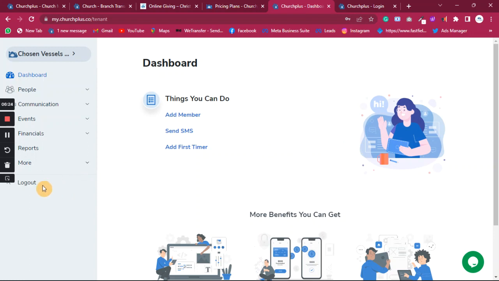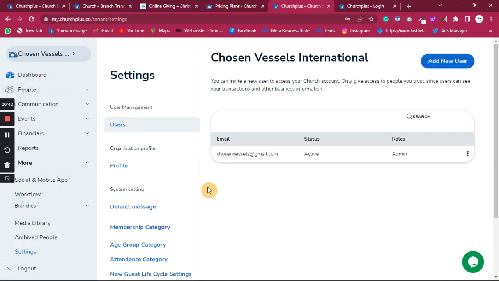So let me go to more. These are the basic settings I need to do. The first settings I need to do is to set up my membership category. So if I go to more and go to settings, the way Churchplus is designed, we designed the membership category